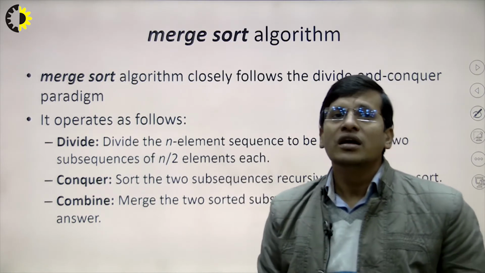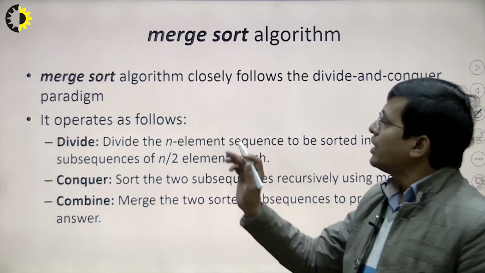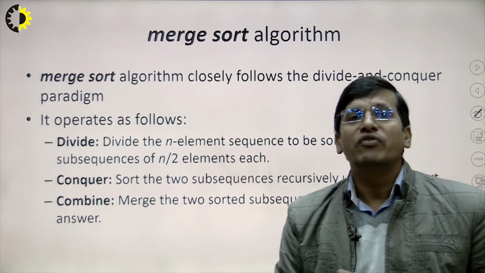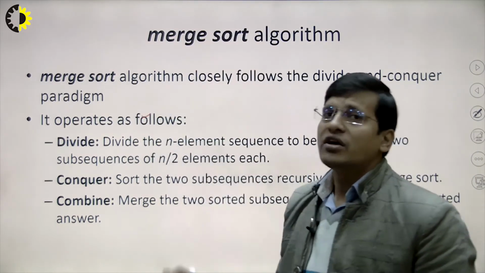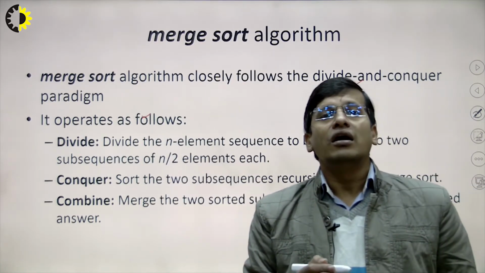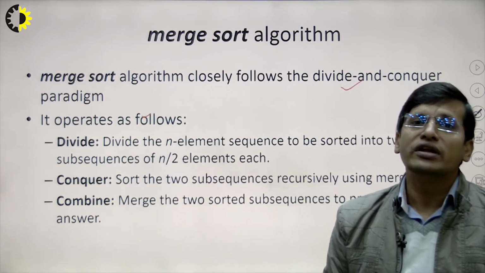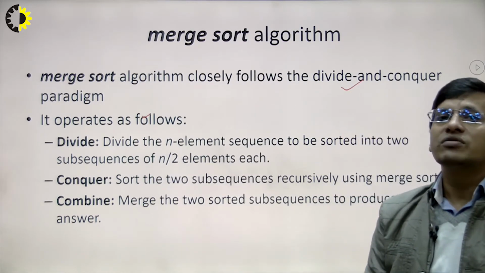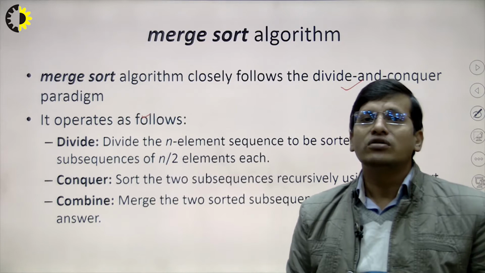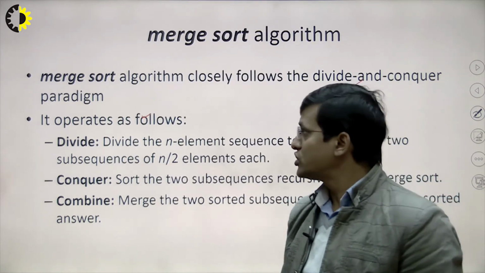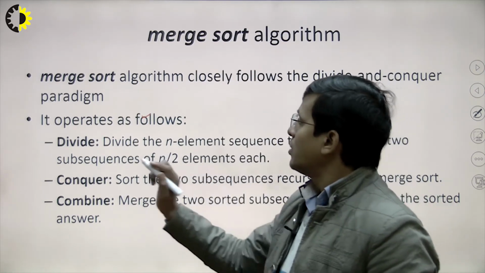In merge sort, the main objective of sorting is to sort a list of elements. Merge sort is based on the divide and conquer strategy, so this algorithm closely follows it. Here we are dividing the problem into only two parts, because merge sort only divides the problem into two parts, and then recursively we divide and conquer the sub problems, and find the solution by using the combine approach. These are the operations we follow, just like the divide and conquer strategy.